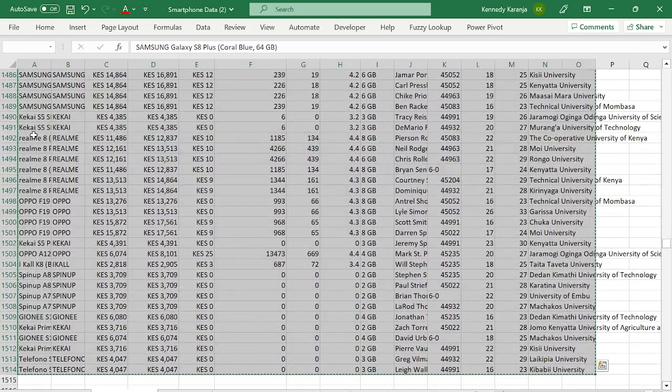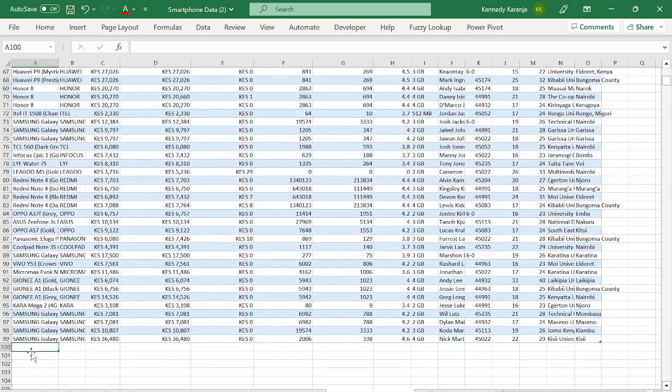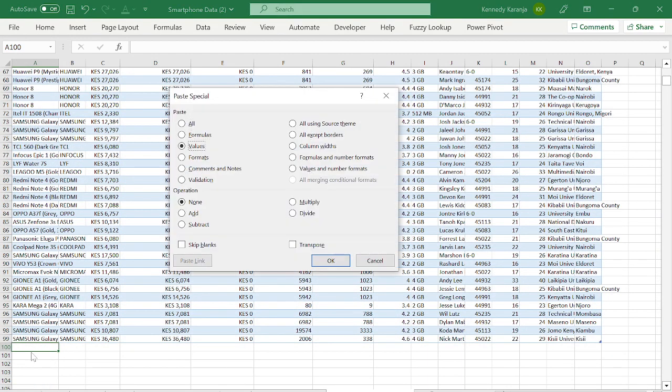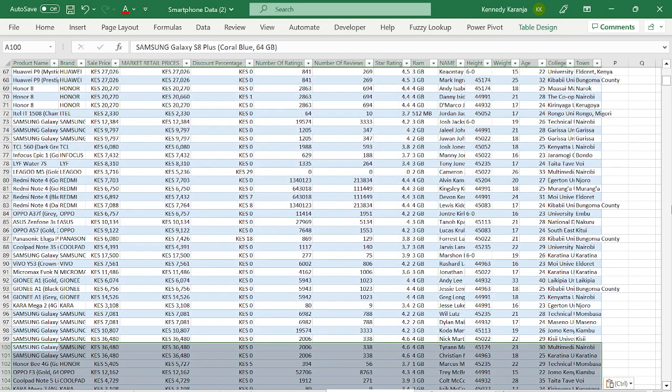So I copy all the way down. Remember, if you don't know how to use this shortcut, you can always use the mouse to drag over. When you drag over, you'll still have the same results. Here I'll just go to the last pivot table. I come and add here. When I add there,